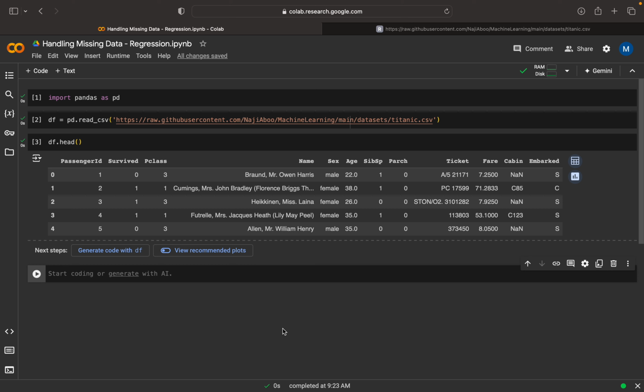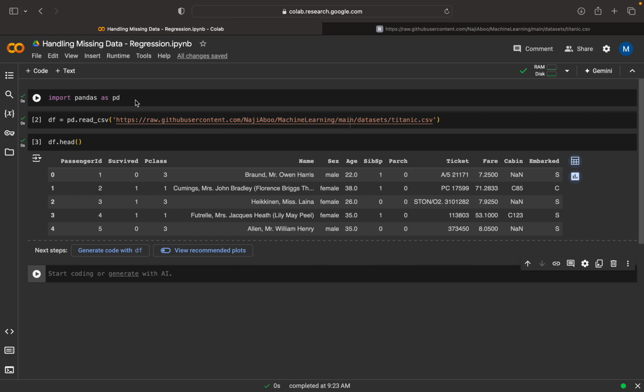So we are continuing our discussion of data pre-processing, and we are discussing handling missing data. We discussed different methods for handling missing data, and in this video we are going to discuss how you can handle missing data using a machine learning model. So here we are handling the missing data using regression. Okay. So for that, what I have done